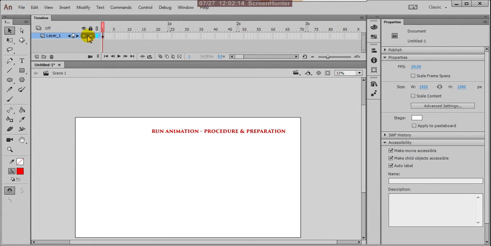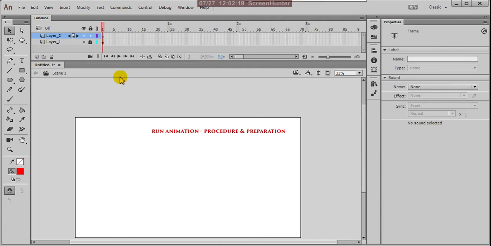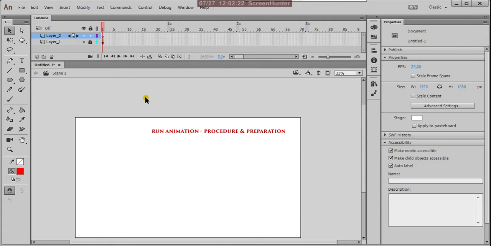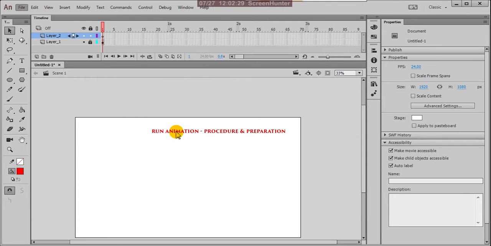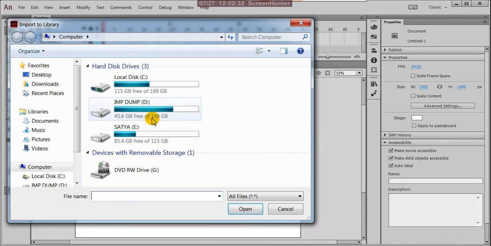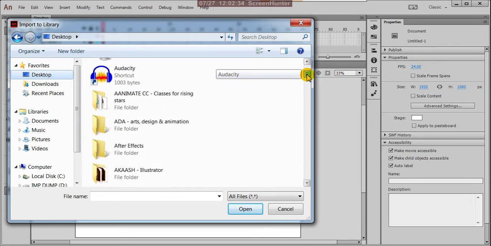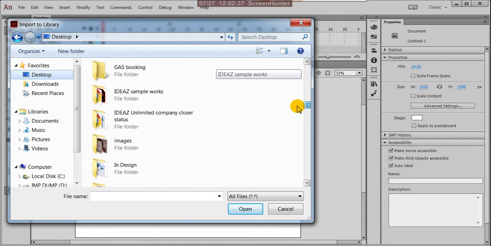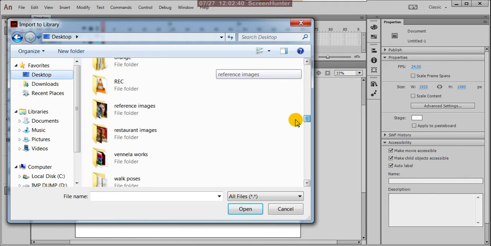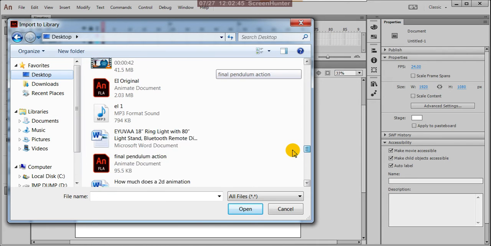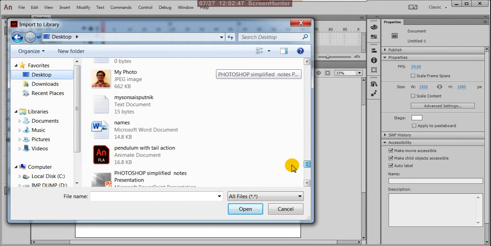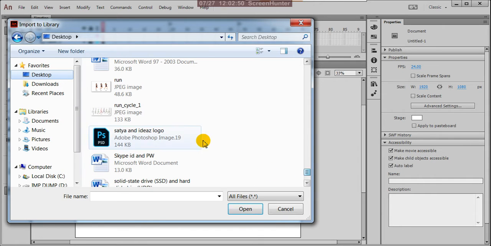For understanding purposes I'll explain with a run procedure sheet. From File you can import to library. From that library there is the run procedure, the run cycle.